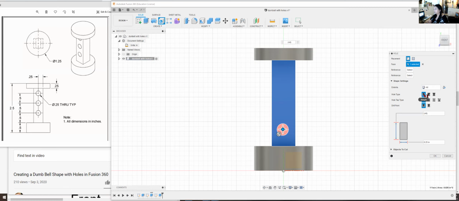All of these are on the left. Hole type is going to be simple. Hole tap type is going to be simple. Go ahead and click on the flat drill type right here on the left. Okay, so first thing we're going to do is